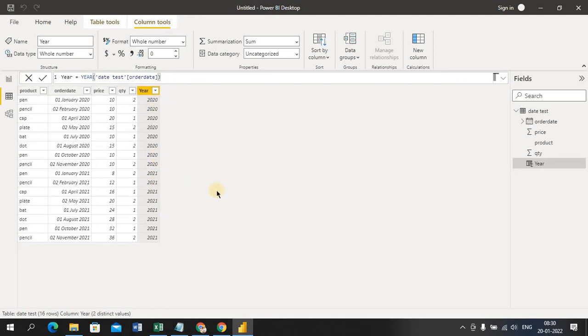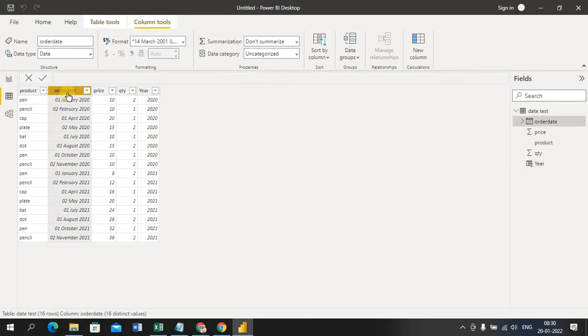2020-21 dates have come. Okay, fine. So what I was looking for is done. Now I want to change the format of this. If you select the column you are looking at, I don't want 01 Jan 2020, 02 Feb 2020. I don't want it like this. I want the date, then the month as a number, and after that the year, 2020.